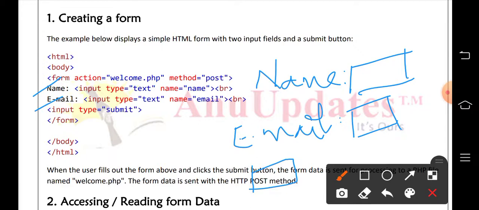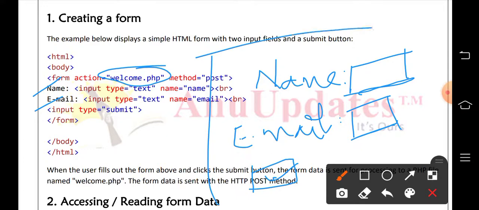We have to enter the data in name and email, and when we click on the submit button, immediately this welcome.php page will open. It is a simple form we are writing.